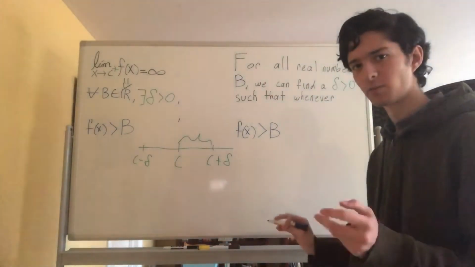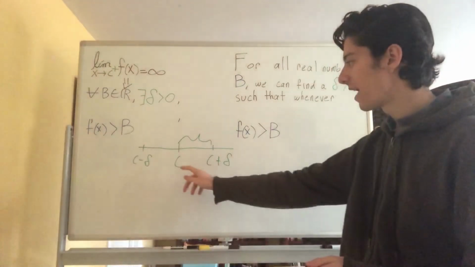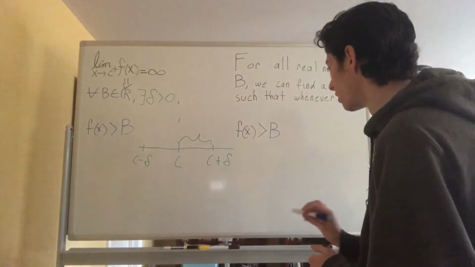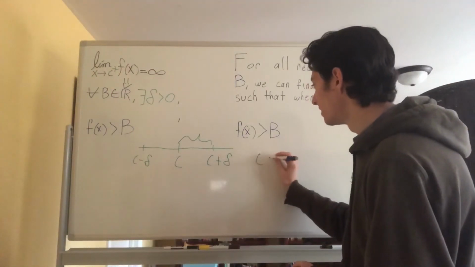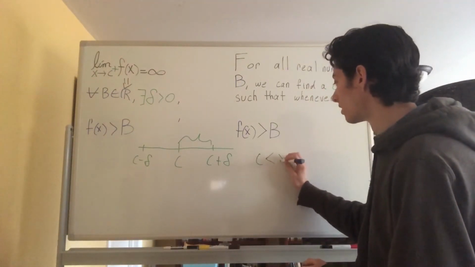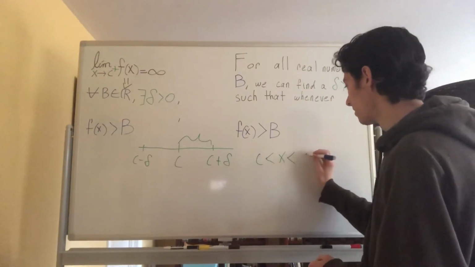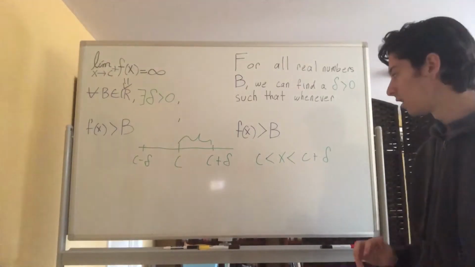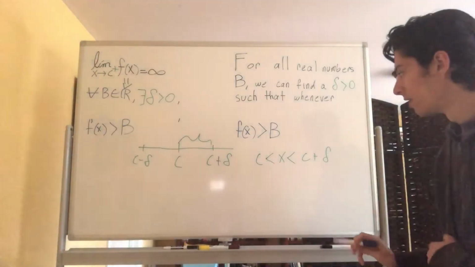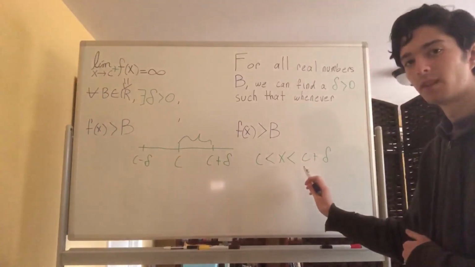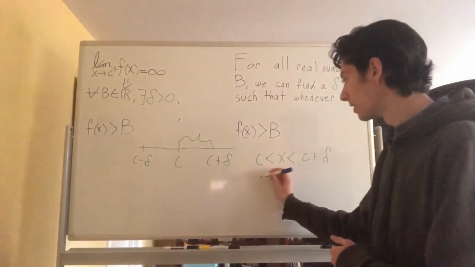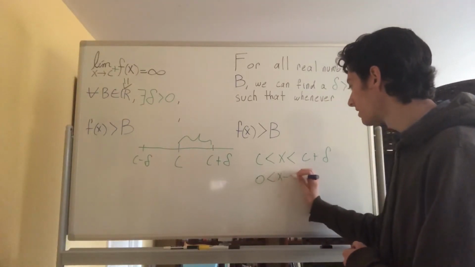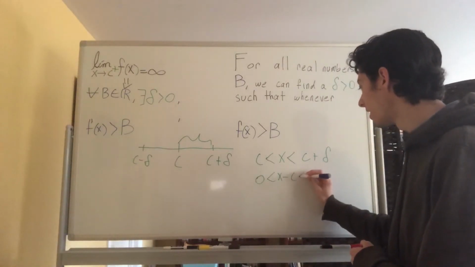So what do we know about this range? Well, we see the lowest value is c, and the highest value is c plus delta. So we say c is less than x is less than c plus delta. All right, and we can maybe simplify that a little bit. If we subtract c on all sides, that will give us 0 is less than x minus c is less than delta,